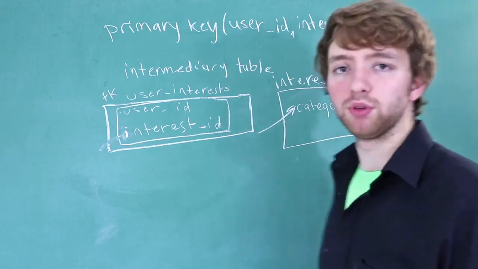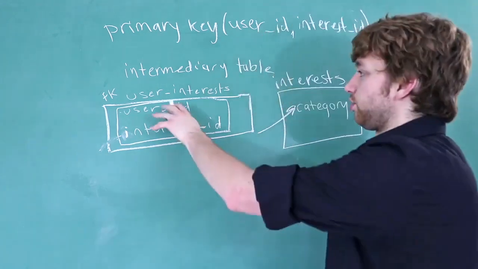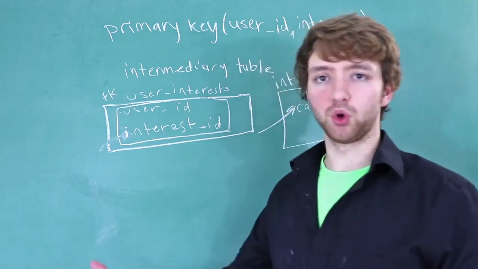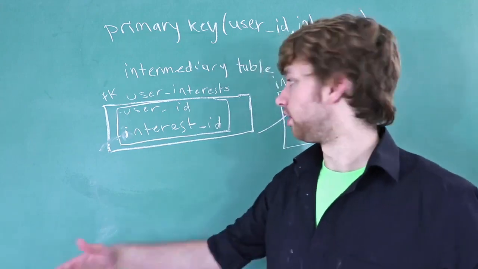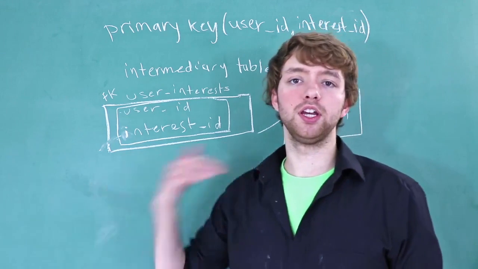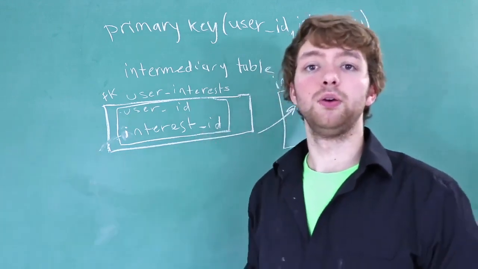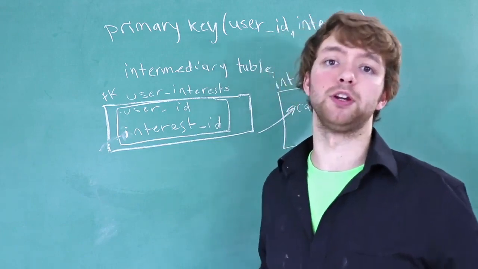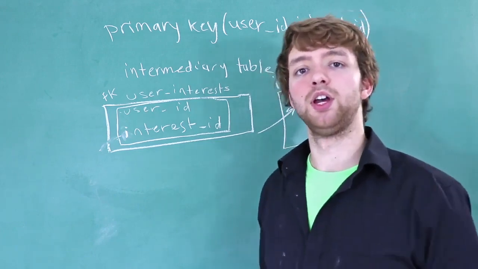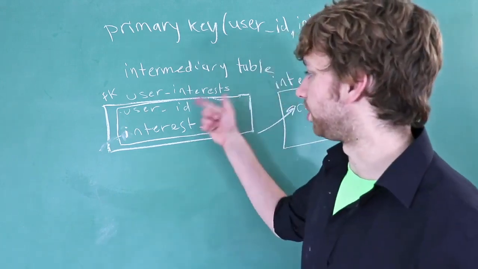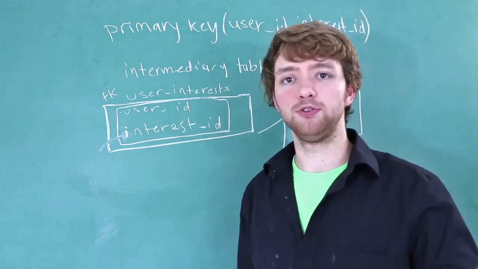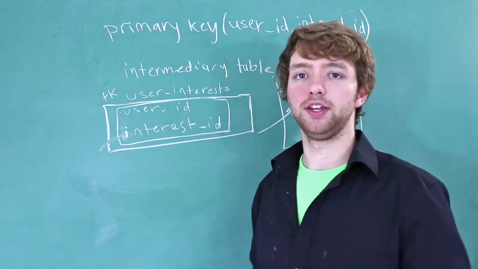So for example, if you recorded when this association between a user and an interest was started. So for example, you join the website, 2 weeks later, you say, hey, I'm interested in computer science. Well, then it puts a timestamp saying, oh, this guy became interested in computer science at this time. Well, that's actually relevant to both the user and the interest because it's recording when a user became interested in